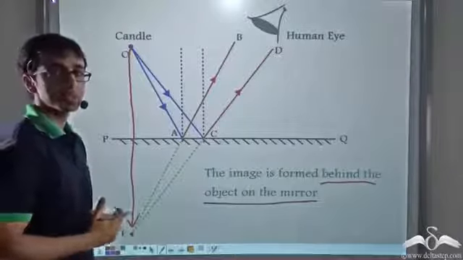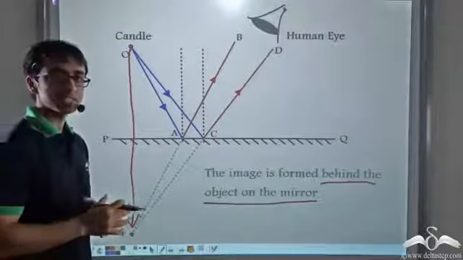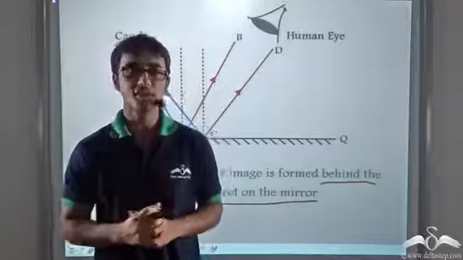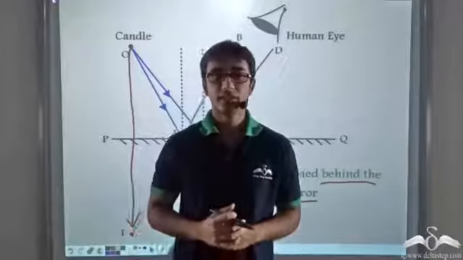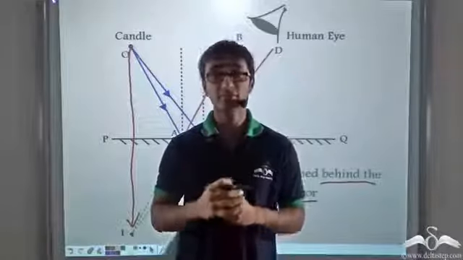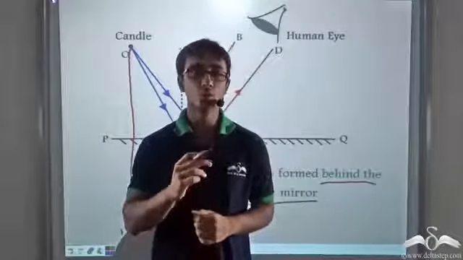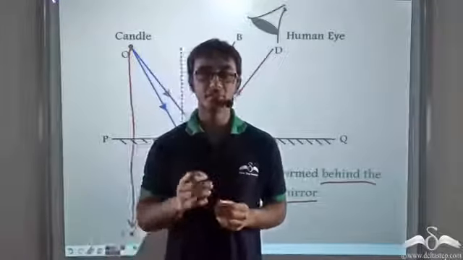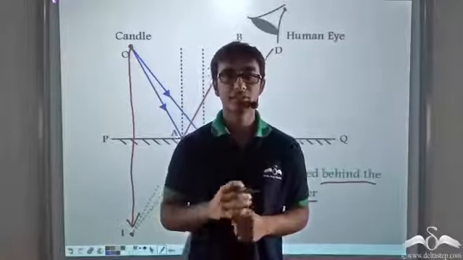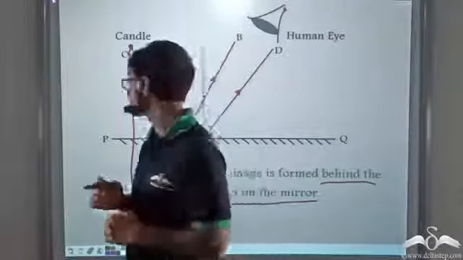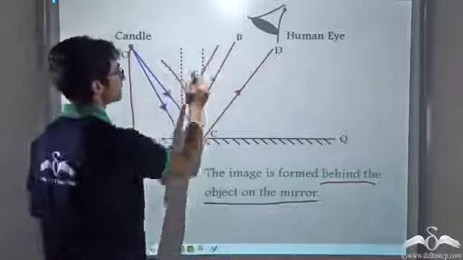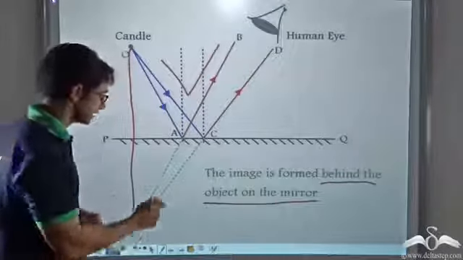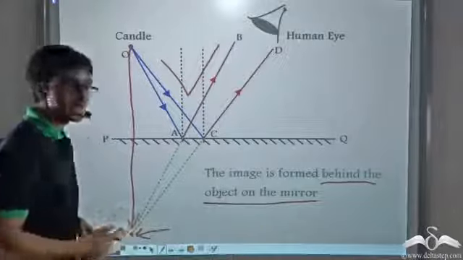So what did we learn? We learned that when you place any object in front of a mirror, you are able to see its reflection. How do you see its reflection? How can you find it out diagrammatically? By drawing a diagram of an object placed in front of a mirror, you need at least two rays. These two rays, after reflection, will appear to be diverging from a point that is behind the mirror. This is because the human eye cannot perceive this V path. The human eye always perceives things in a straight line. Due to this, the image appears on the other side of the mirror.